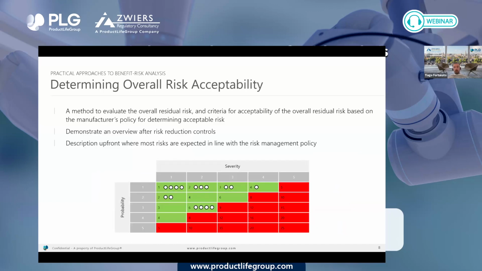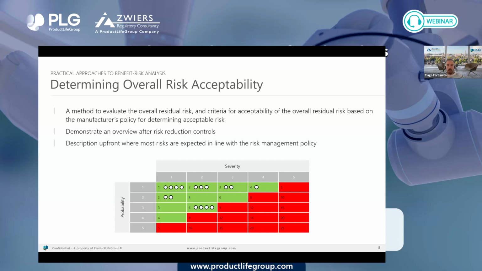When it comes to determining the overall risk acceptability, remember that its method and criteria need to be based on the manufacturer's policy and also included in your risk management plan. The method we use the most is to create an overview of where the risks fall on the scale, as you see in this example, after the risk control, risk reduction controls. We would expect that most residual risks fall in the lower part of this scale,